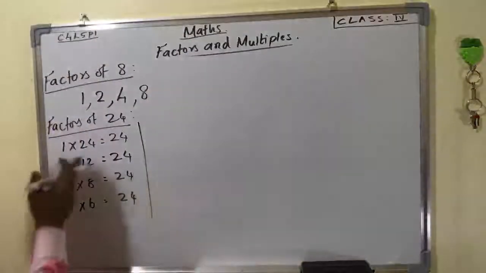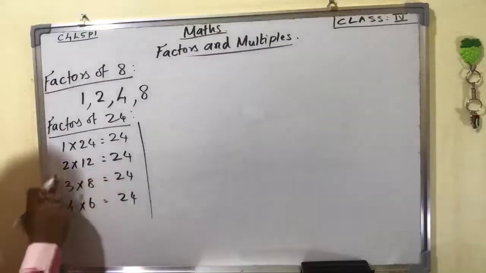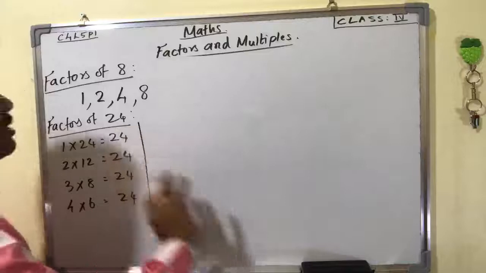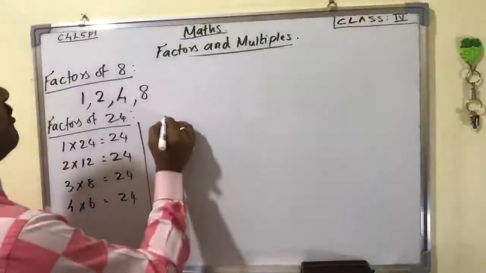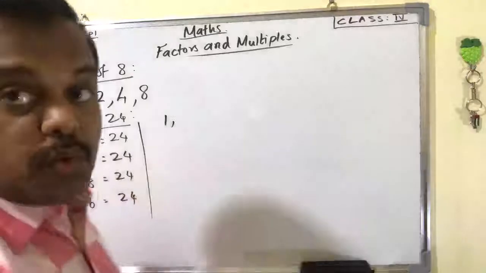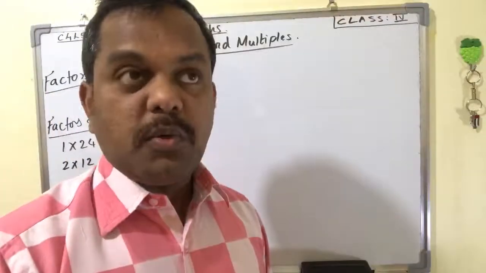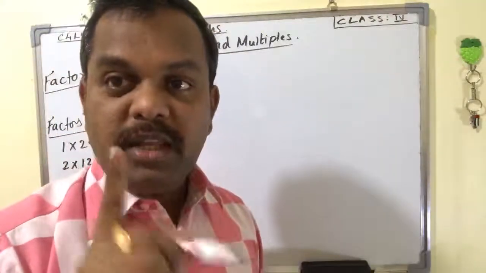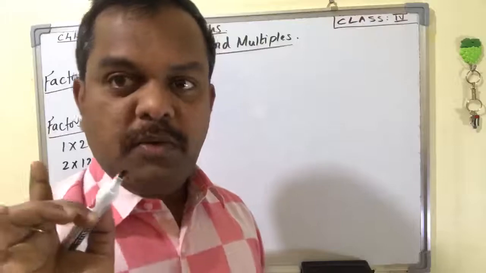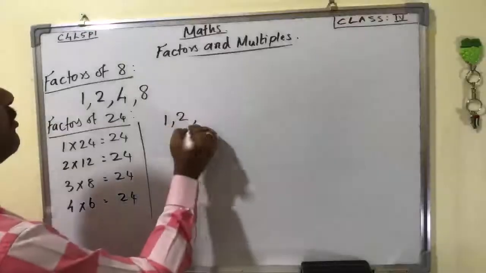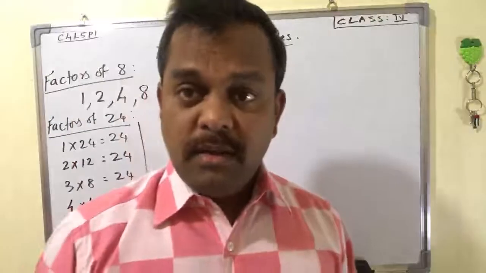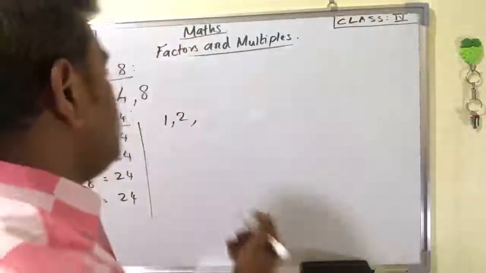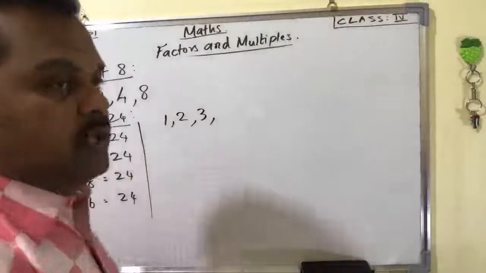Look here, numbers are changing now. 1 24, then 2 12, 3 8, 4 6. Numbers are changing, so it is better to find by the division method. You know, 1 is a factor of all numbers. Check 2, one by one we can take. Yes, 2 will divide 24 because 24 is an even number. All even numbers should be divisible by 2. 2 is a factor of 24. Then 3, yeah. 3 also. 8 3s are 24. So 3 is also a factor of 24. Check 4.